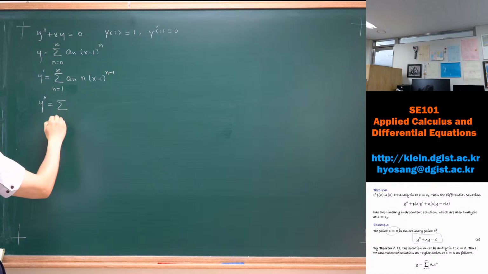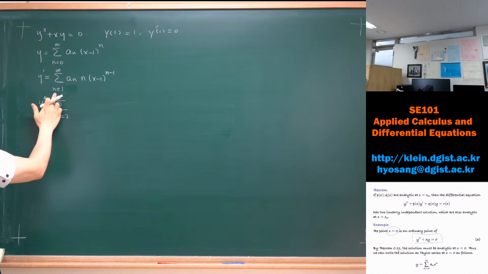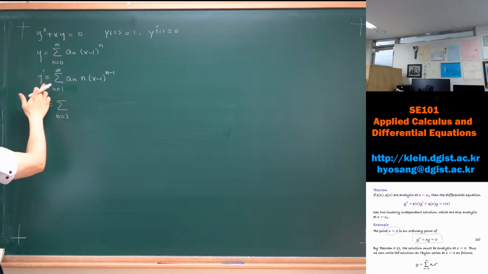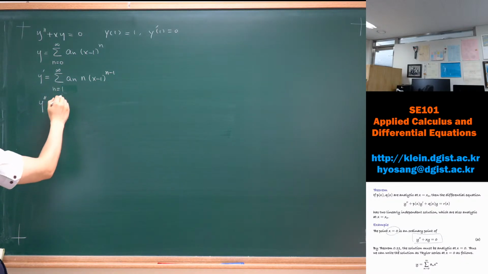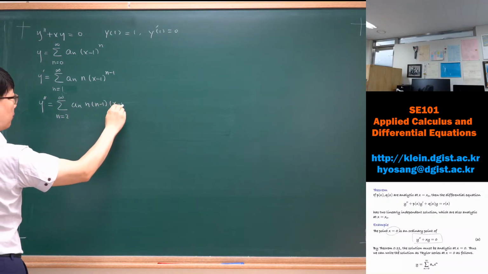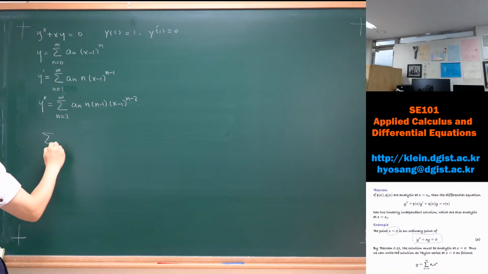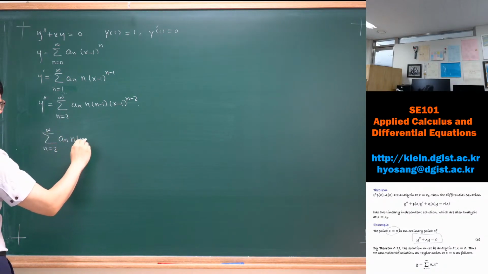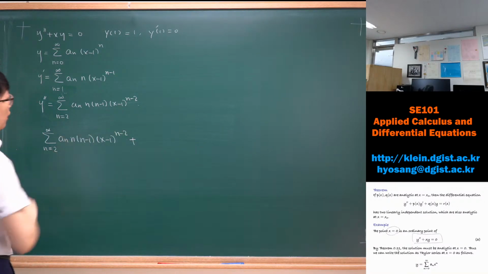And y double prime now becomes the summation from n equals 2, because when n equals 1, the first term of y prime is constant, so it disappears on the second derivative. So we have a_n times n times (n minus 1) times (x minus 1) to the n minus 2. Okay? And let's plug this into the differential equation. So the sum from n equals 2 to infinity of a_n n (n minus 1) (x minus 1)^(n minus 2), plus